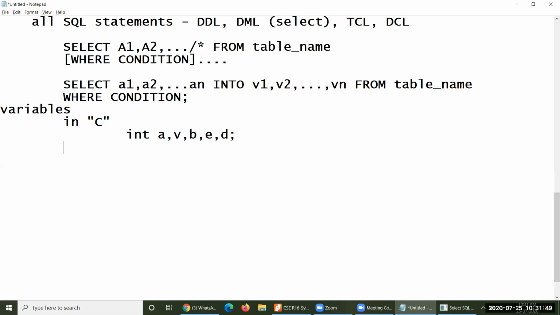So you have to specify your variable, and for every line, one variable can be specified. So how can the variable be declared here? Variable name followed by data type. This is the declaration of your variable in PL/SQL. Normally in C or other languages, the data type comes first, followed by variable names. But here, the variable name must be first, followed by the data type, and so on.